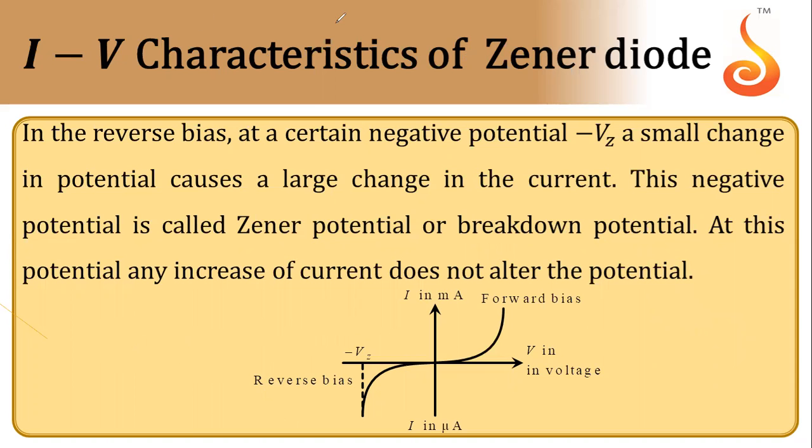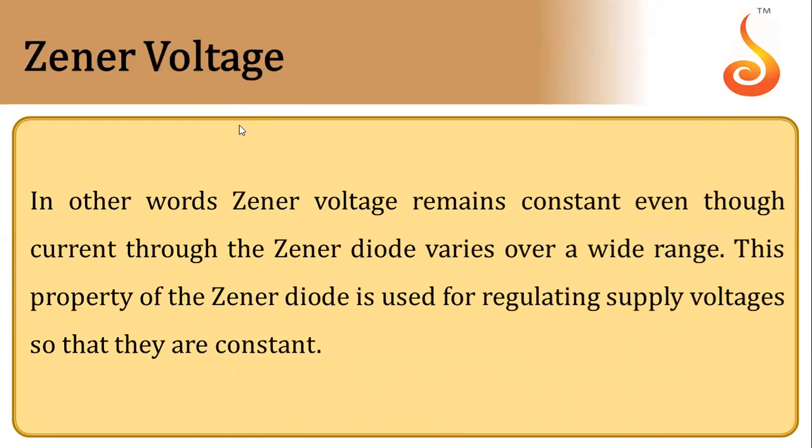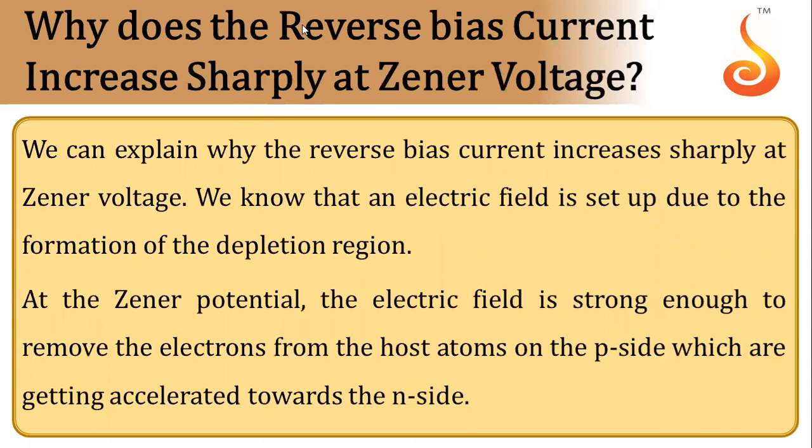Next is the working of Zener diode, but before that, we'll understand how this much large amount of current starts flowing. So in the Zener diode, we know there will be a depletion region. Now, within this depletion region, there will be a strong electric field. Once we connect it in the reverse bias, we know this depletion region will increase. As the depletion region increases, more atoms will be exposed, and then a stronger electric field will be produced. If this electric field is very strong to remove the electrons from the atoms, so let's say